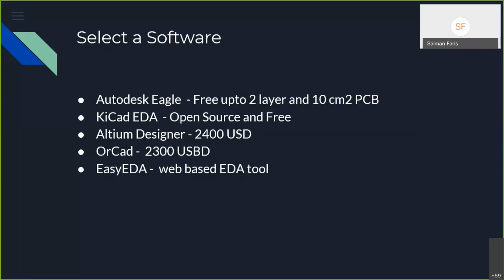And the next software is called Altium Designer. Altium Designer is professional software used in many companies, and it costs around 2,400 US dollars. That's huge. The cost is per user, which is about 2.5 lakh or 3 lakh rupees. And another software is called OrCAD. It's similar to Altium Designer, but it's used in different kinds of